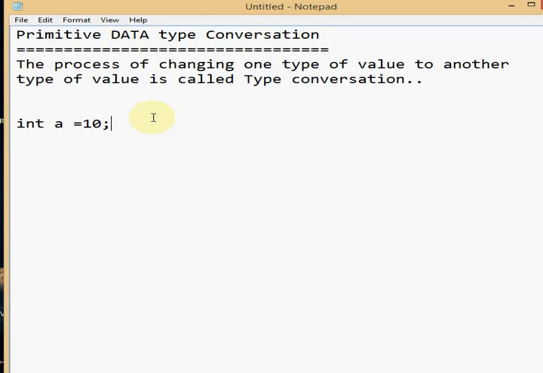Whenever I write that, a variable is created in memory with value 10. A is created with value 10, so it stores 10. Okay, then if I write